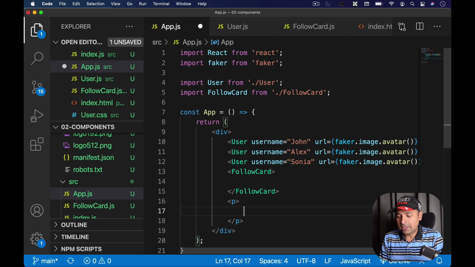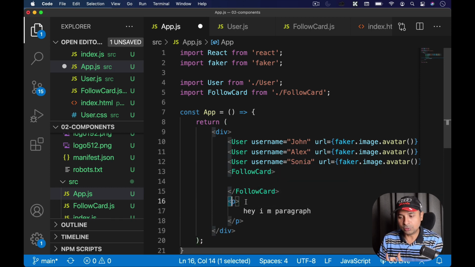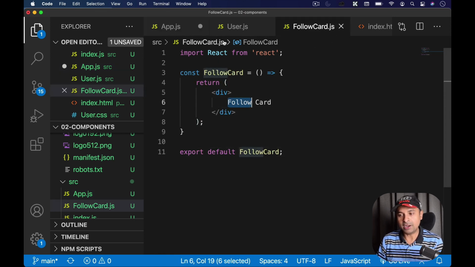And inside that I have written, hey, I am paragraph. So it has two different elements in it, right? The parent node, and the text. Think from this analogy only. So follow card is nothing but this p tag. So my follow card, the actual component, has that text written inside it, follow card.